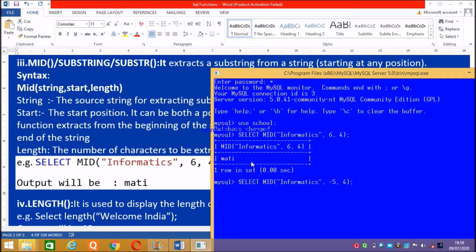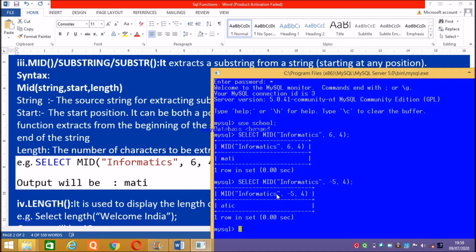So first of all I have to see where is the minus 5. According to this, it is showing me the value ATICS. So minus 5 is, you can see here, ATIC. Here this is minus 1, minus 2, minus 3, and this is your minus 4 and this is the minus 5.